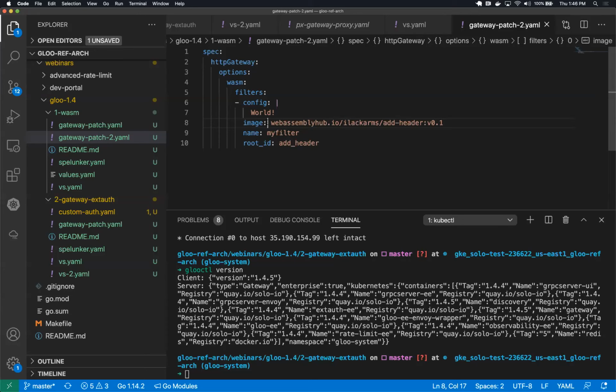And then the minute I said we're just about done with questions, a few more came in. Another question on WebAssembly: is there a way to turn off WebAssembly filters for select virtual services? Yeah, so I believe the answer right now is